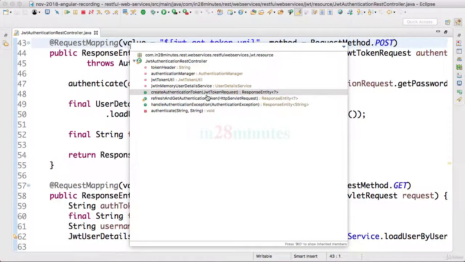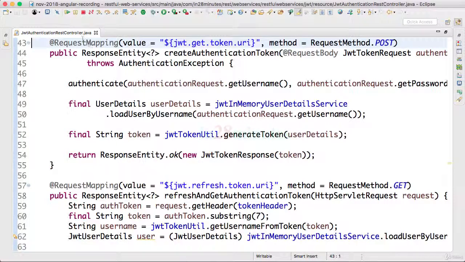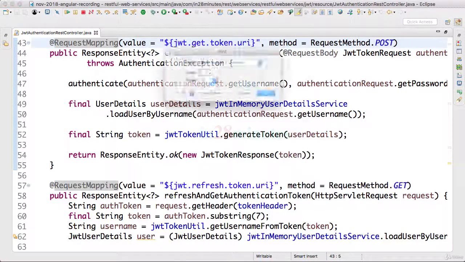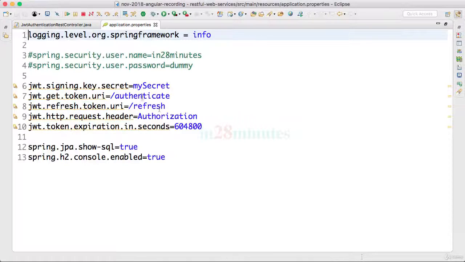So we want a refresh and a create authentication token. You'd see the request mappings for them. You can see that these are being picked up from the property file. So if you look at application.properties, that's where these URLs are coming from,